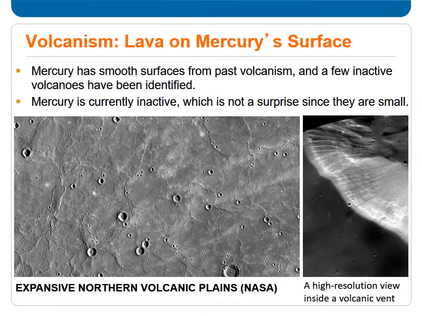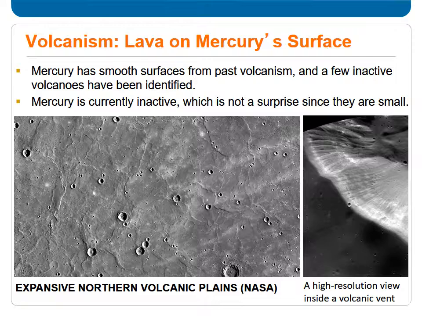Mercury has smooth surfaces from past volcanism, and a few inactive volcanoes have been identified. Mercury is currently inactive, which is not a surprise since they are small. And in 1974, the spacecraft Mariner 10 sent the first close-up pictures of Mercury, revealing vast, smooth plains near the